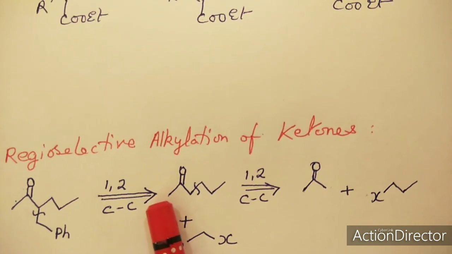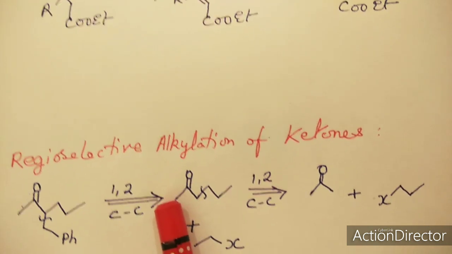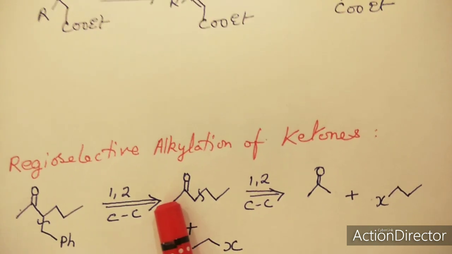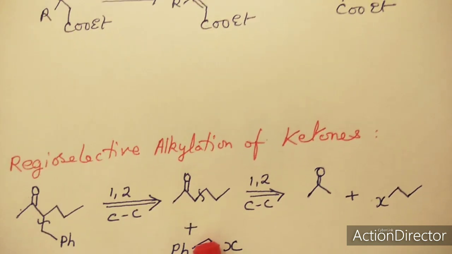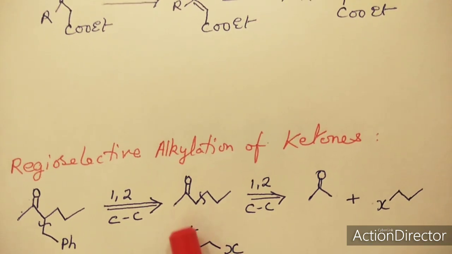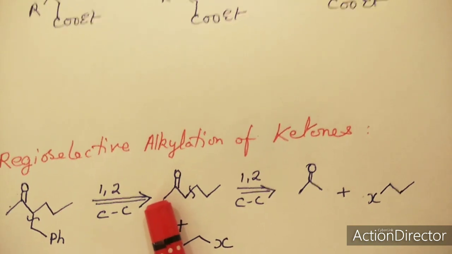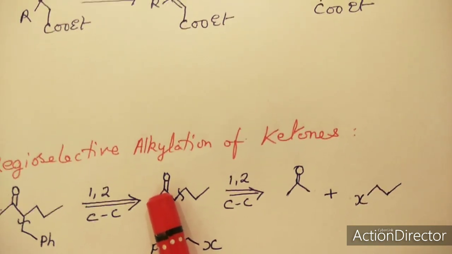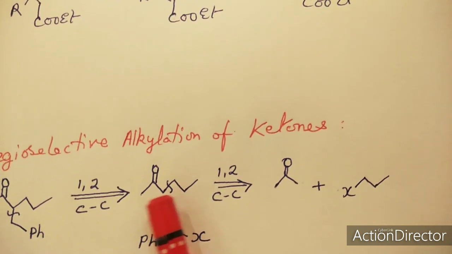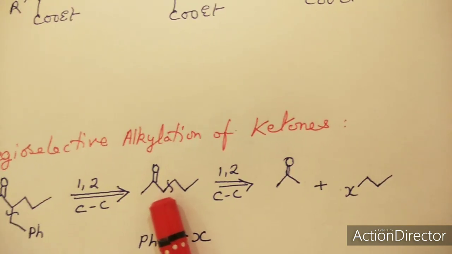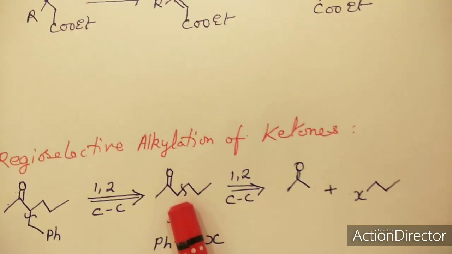That means the C6H5CH2 can be substituted at this place or at this place. C6H5CH2 positive can come here at this carbon negative, because this will also be negative, or it can come at this point, this will also be negative. But we require it to appear at this place only, because this is the condition in the target molecule, as we can see. So how is this?